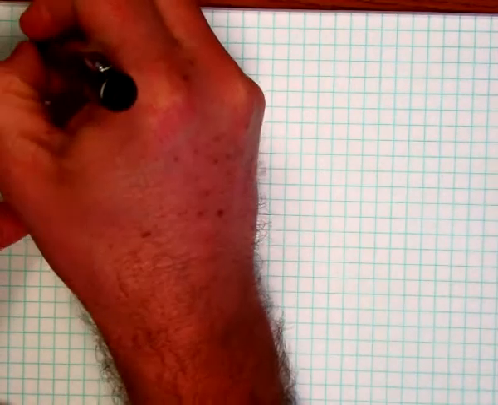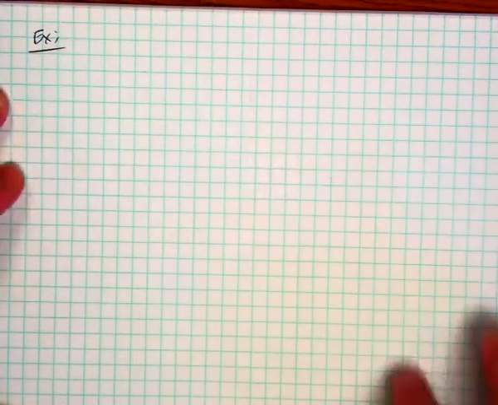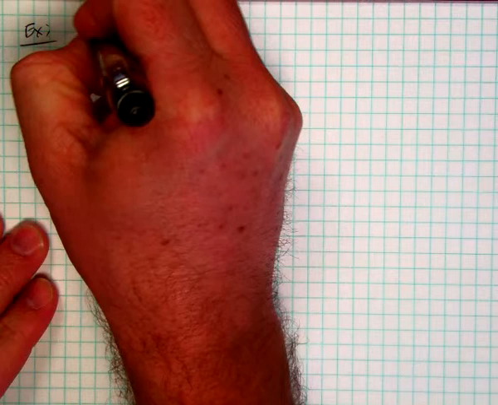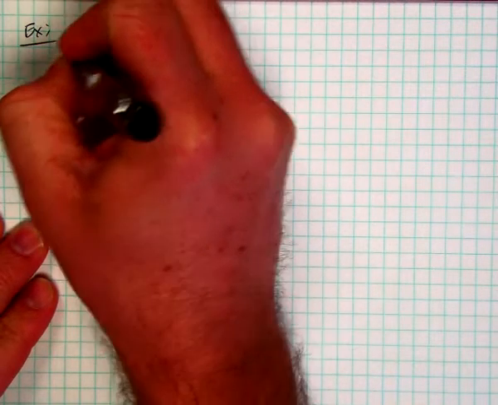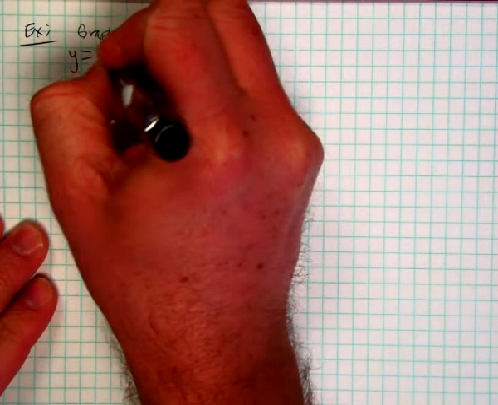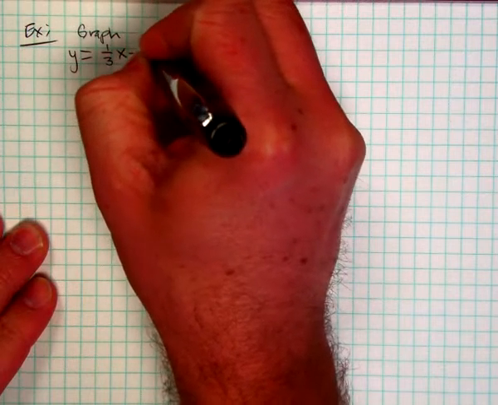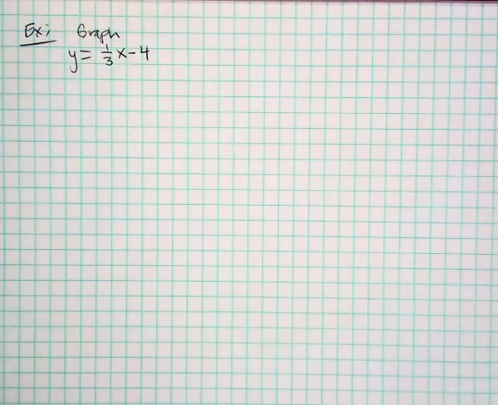We're going to be graphing an equation in slope-intercept form, which is what almost all of our graphing is. We're going to graph the equation y equals 1/3 x minus 4. First thing you're going to need to do to be able to graph this is you need an x and